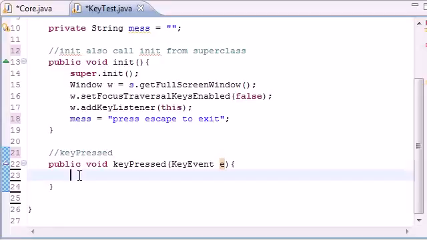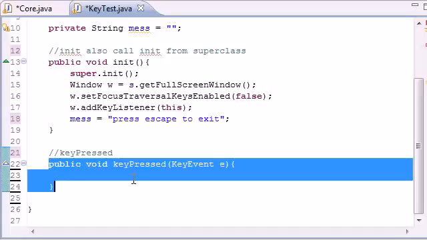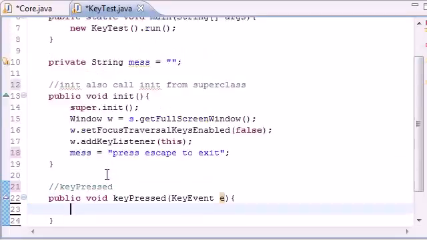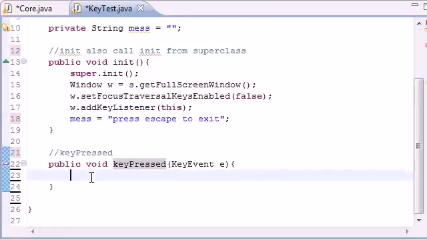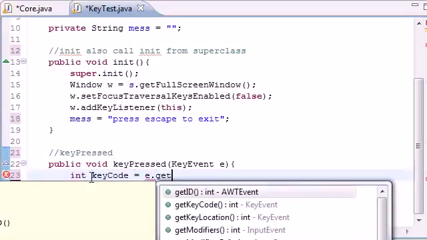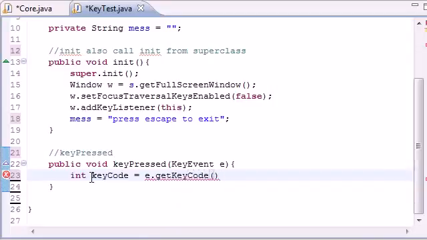So what this method says is, whenever you press a button on your keyboard, this is the method I'm going to call, because that's what I know how to do. Whenever you implement this key listener class, you have a method that pops up whenever you press a button down. This is the code I want to happen. So let's give it something to do. Let me type this line, then it might make a little more sense. int keyCode = e.getKeyCode();